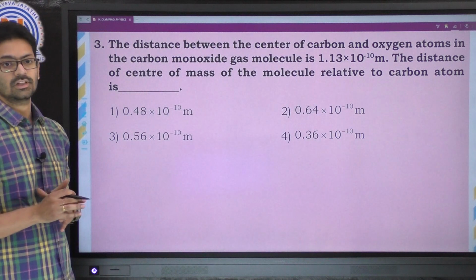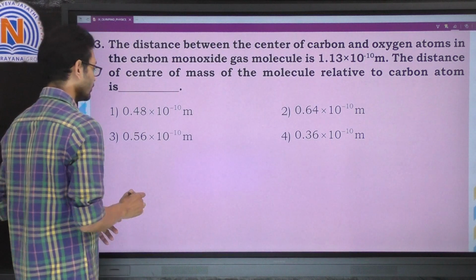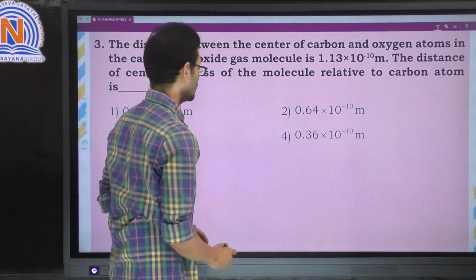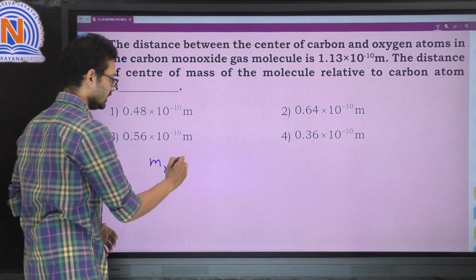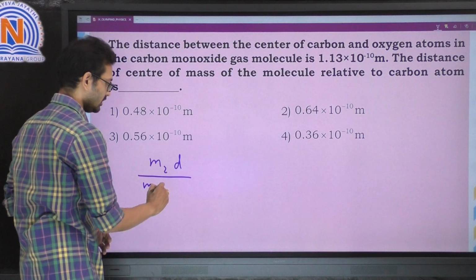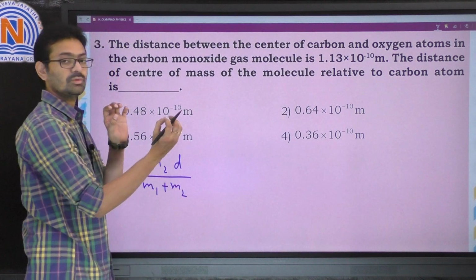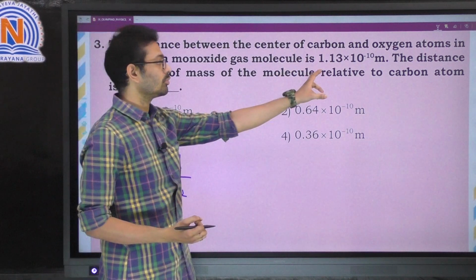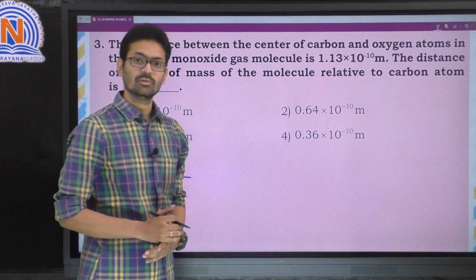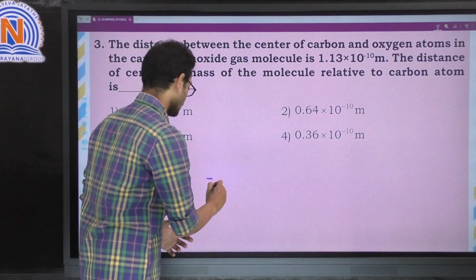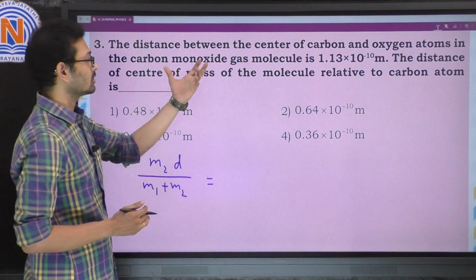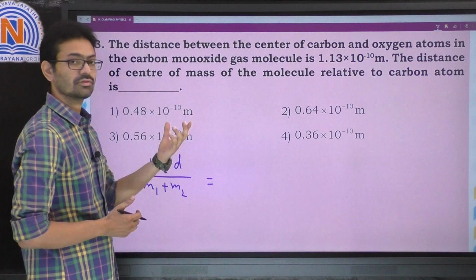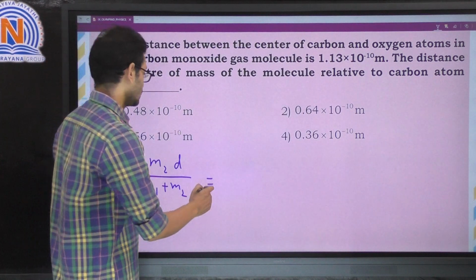Now when you want to solve this kind of problem, the formula for this is m2 into d by m1 plus m2. The distance between carbon and oxygen is given as 1.13 into 10 power minus 10. Now let us substitute the values. How much is m2? The mass of carbon is 12, the mass of oxygen is 16. So 16 into